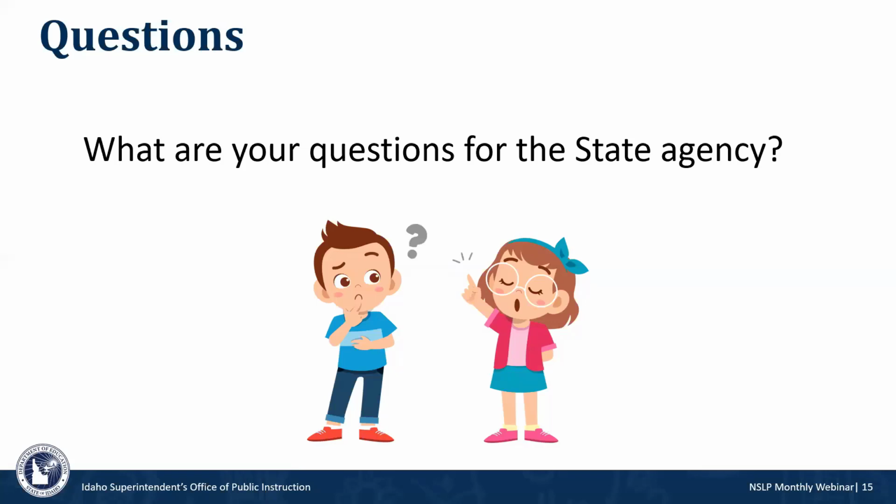If you had applications turned in, let's say during school registration, and they were determined prior to the first day of school as free or reduced price, they would also be eligible for summer PEBT benefits because they were determined free or reduced prior to the first day of school starting. I know it's very confusing, but as long as they were determined free or reduced price prior to the first day of school starting this year, they qualify regardless if the application serves school year 20-21 or school year 21-22. That deadline is the first day of school.